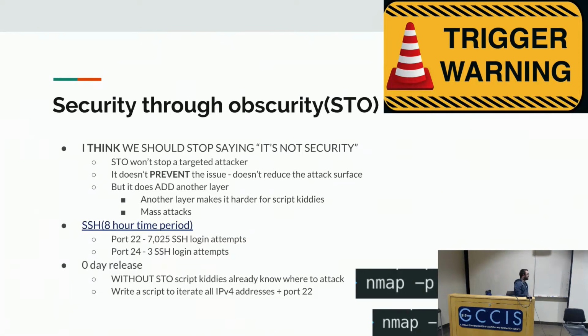But let's say in the instance of a zero-day release, right? There's some type of exploit that's released for, let's say, OpenSSH, right? People like script kiddies can write a simple script to attack all IP addresses on port 22. They do that exact thing, they're going to get a lot of attacks, right? They're trying to get mass attacks, they're trying to get quantities of people that they pop, not quality, right? So in this instance, if you were not running on port 22, you may not be attacked by them, right? Because you're not running on port 22. Security through obscurity in this scenario will actually help you by running on a different port than someone who's just using the default port. Things to think about.